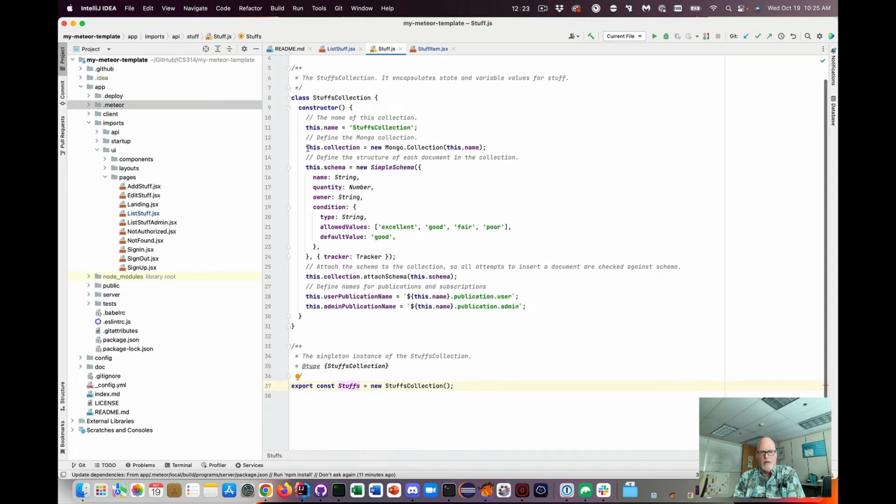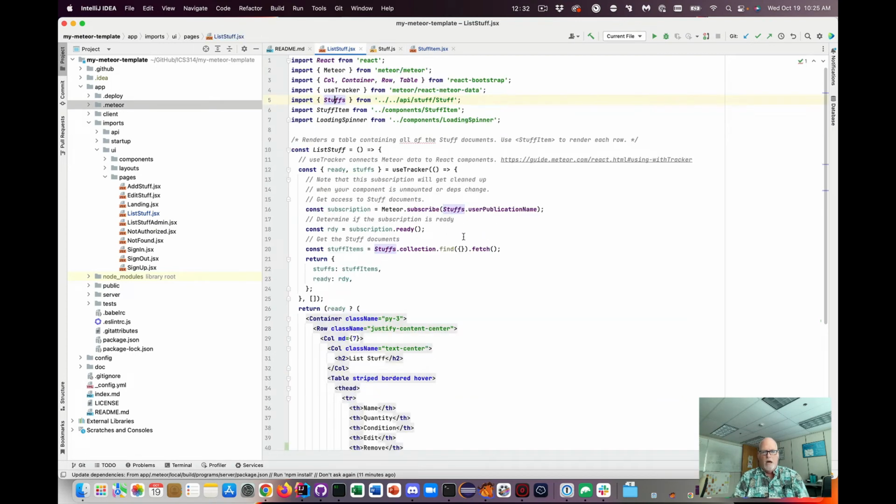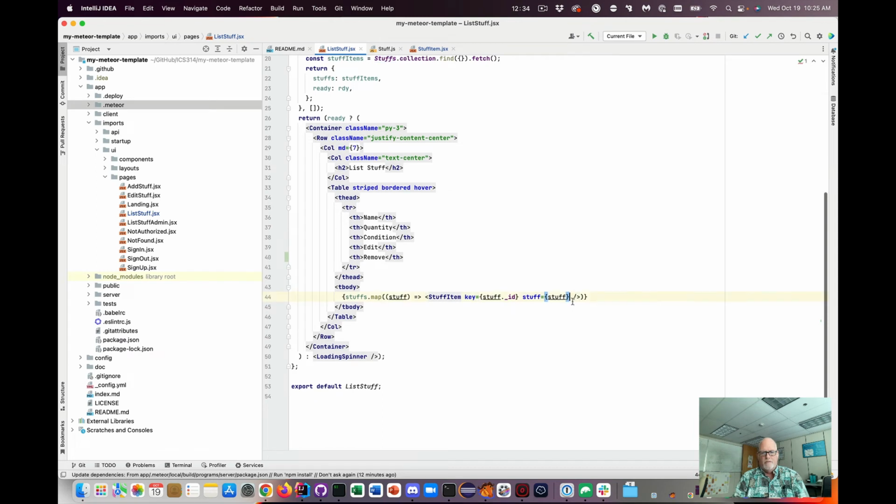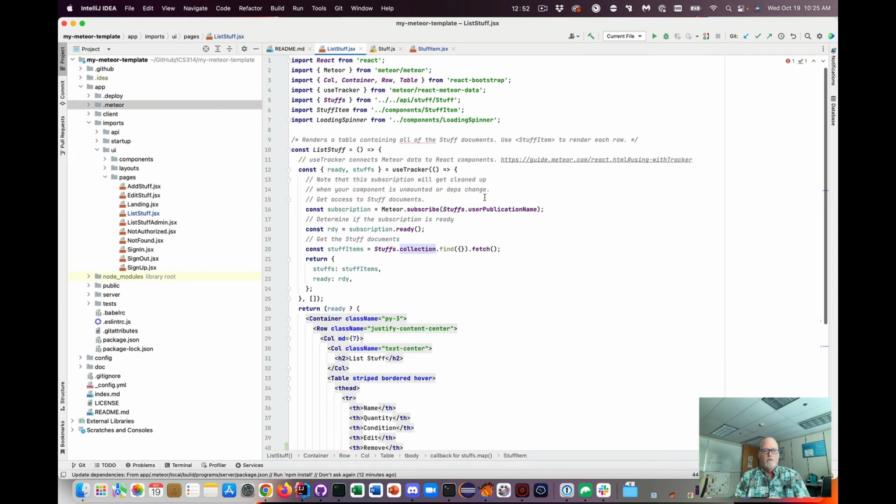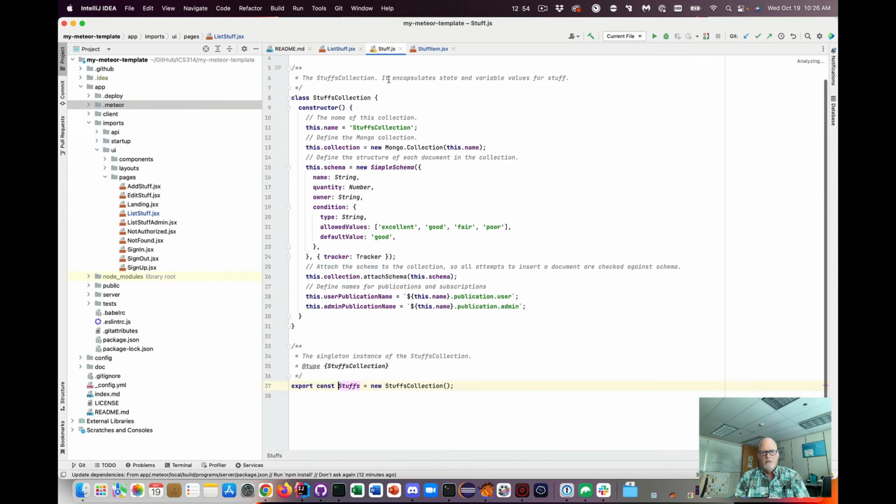So the collection is actually stuffs.collection. So we can pass in stuffs to our stuff item. Or actually, we could even say collection, if we wanted to. Stuffs.collection. So we're actually passing in the Mongo collection